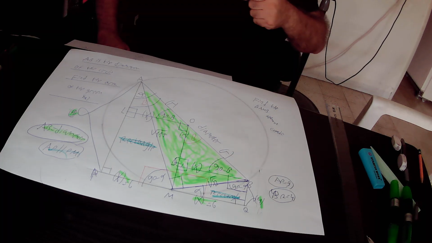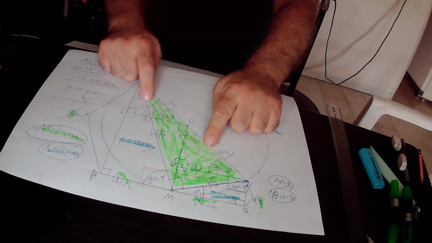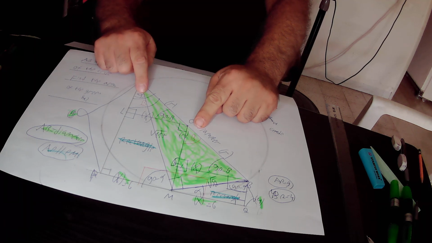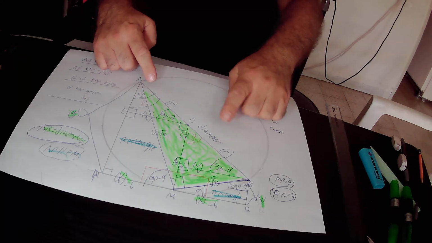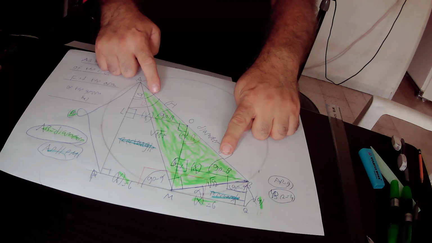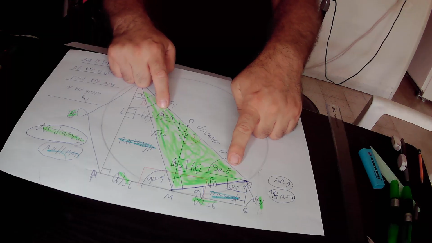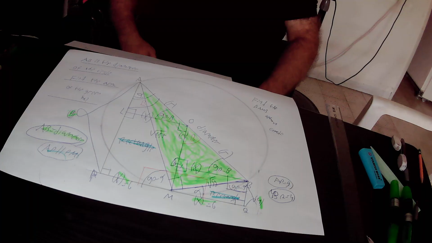In the next step, we prove that those two right triangles are congruent according to the angle-side-angle rule. So why are those two right triangles congruent? First of all, those two angles are both equal to beta, and therefore they are equal to each other. In addition, those two sides AO and OB are both the radius of the circle that is equal to R, and therefore they are equal to each other. And finally, those two angles are both equal to 90 degrees minus beta, and therefore they are equal to each other. So we prove that